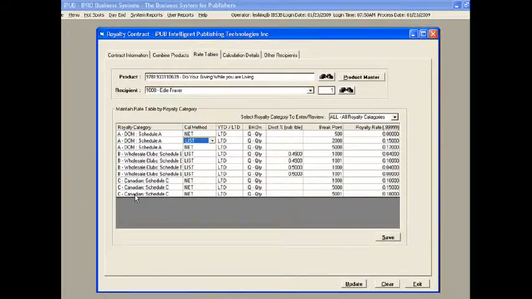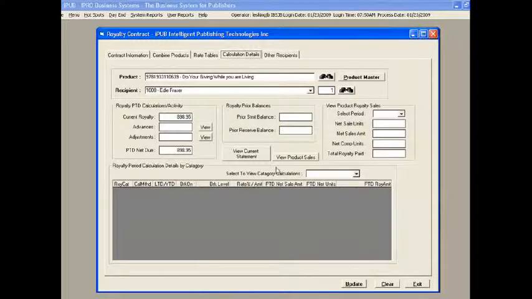And here's Canadian schedule, and it's a little different. When you run out of that particular schedule, let's say 5001, and it says, oh, I don't have any more left, so it just backs off to the last one in that list, of that particular schedule. Now, as you calculate your royalties, you have a lot of stuff that you can do. We can see any prior statement balances, prior reserve balances,